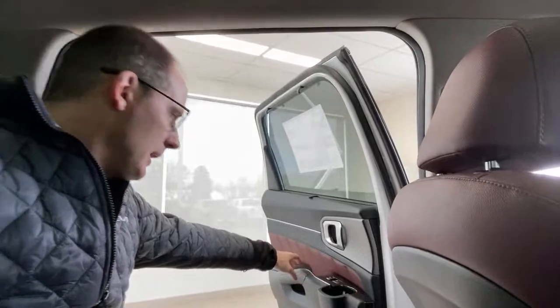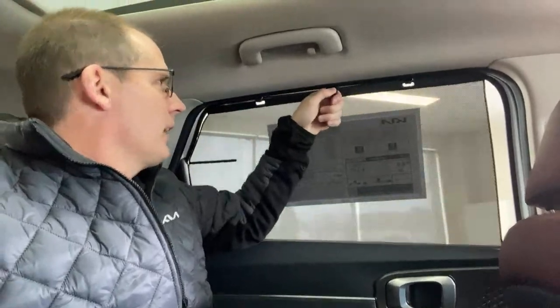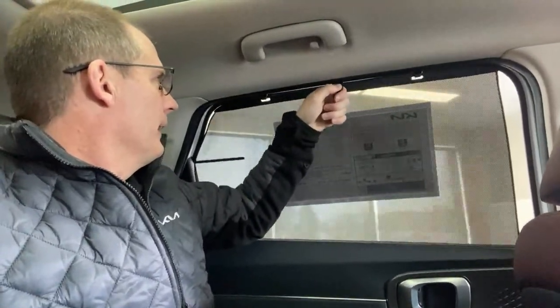We do have heated seats. One thing I really like in both these cars, just while I'm here, is you have these nice little blinds. These cargo blinds are, if I can hook them up with one hand, there we go. Oh yeah, it looks like you can totally see it. So when I'm looking through here, let me just see if I can flick the camera around. It looks very dark here. Yeah, it's almost black when you're looking that way. So you really have a good tint to the window here, unless you're looking straight out. The camera actually adapts quite well to make it look brighter than it is, but it does really tint the